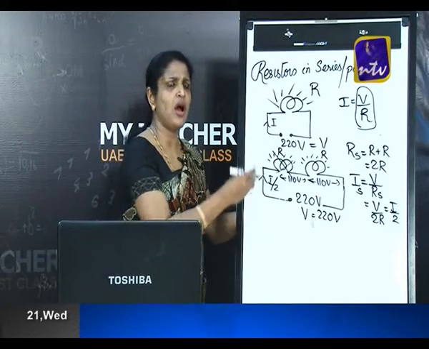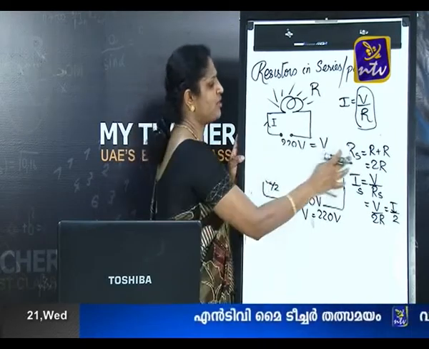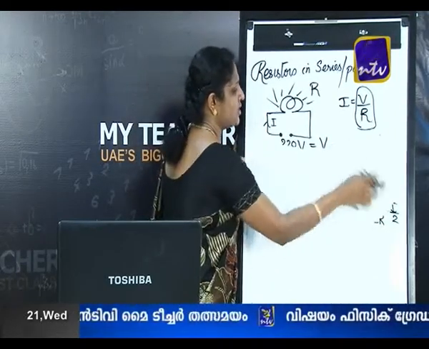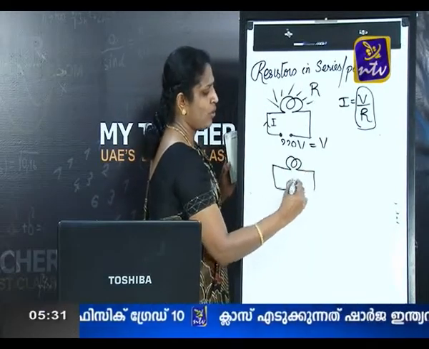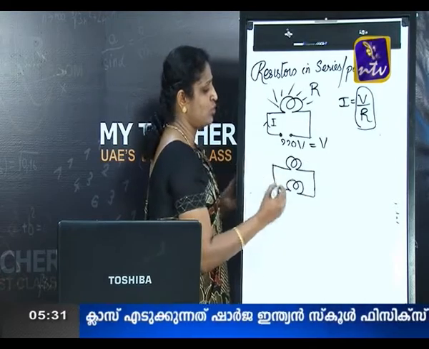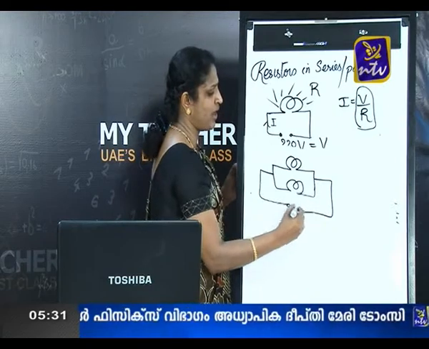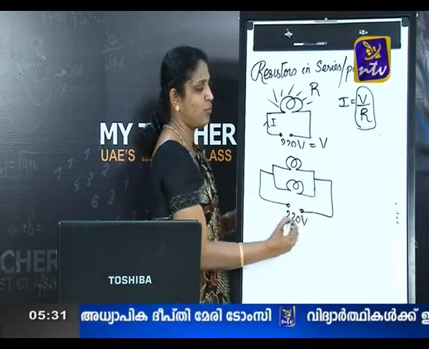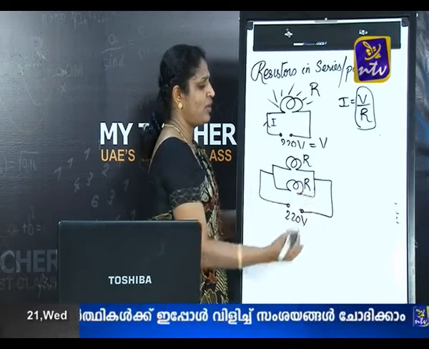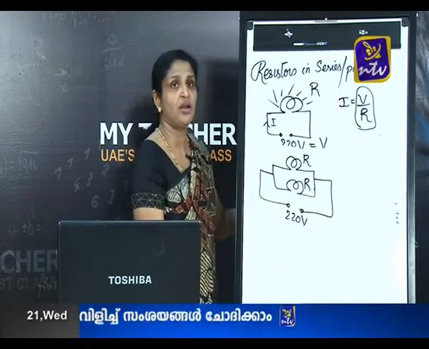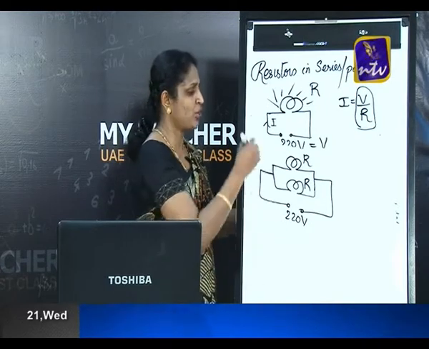Now let us see how this changes in the case of a parallel circuit. Instead of connecting these bulbs in series, let us connect these bulbs in parallel, one below the other, across the same endpoints or the same supply of 220 volt. You have connected the same bulbs of same resistances R and R across the same supply but in parallel.